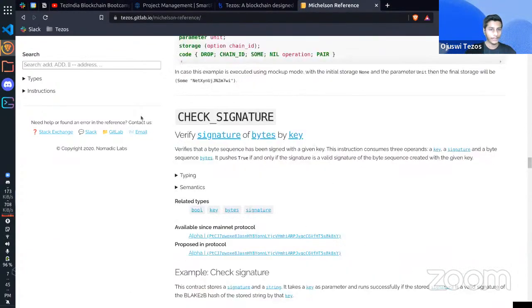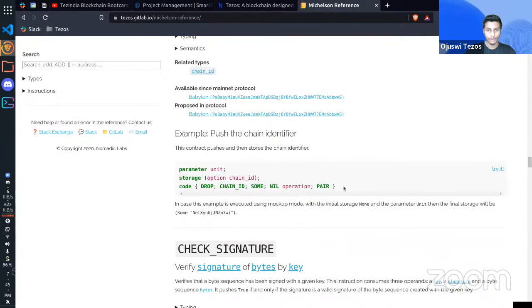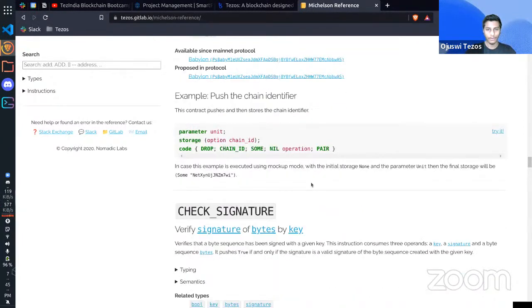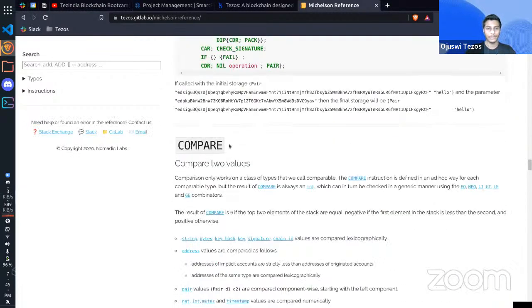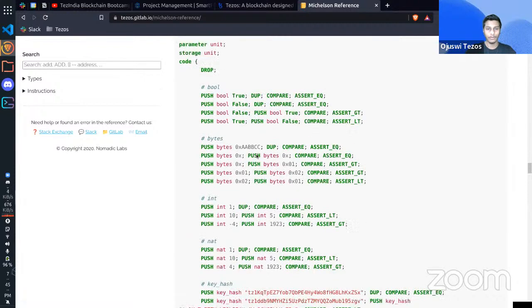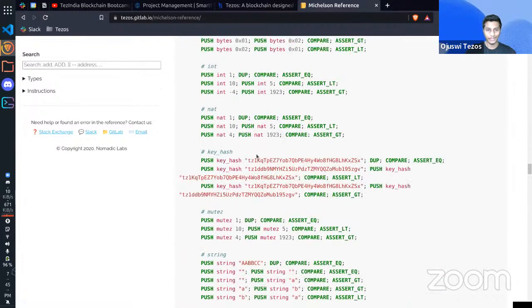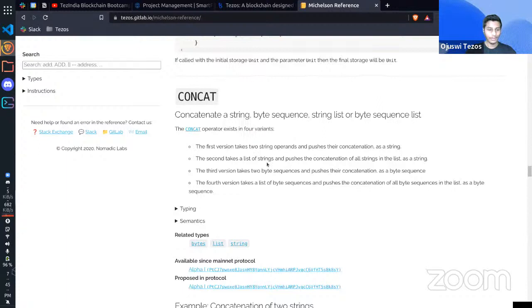These are all the syntaxes, but this is how it looks. It's kind of very difficult to understand. Parameter, storage, pair, signature, string. I mean, it's kind of difficult to understand, and the bigger the code gets, the more difficult it is. So